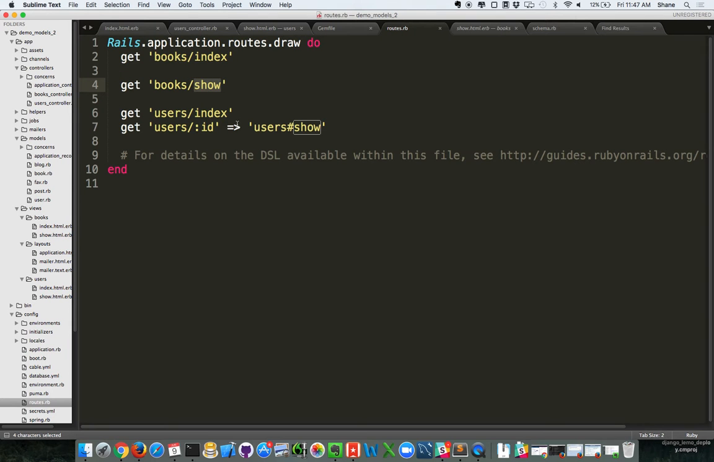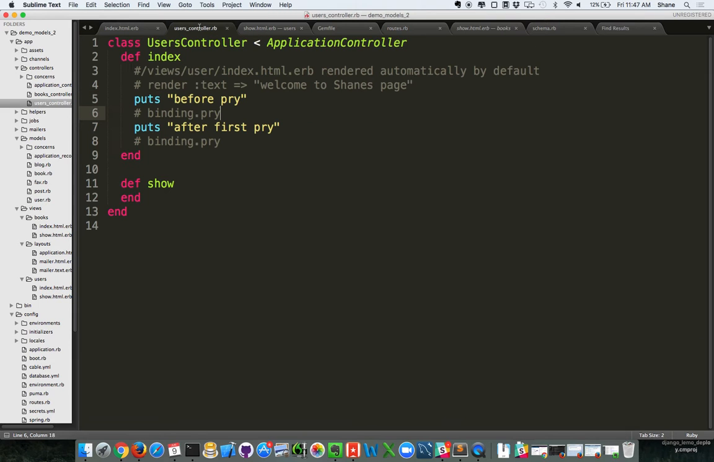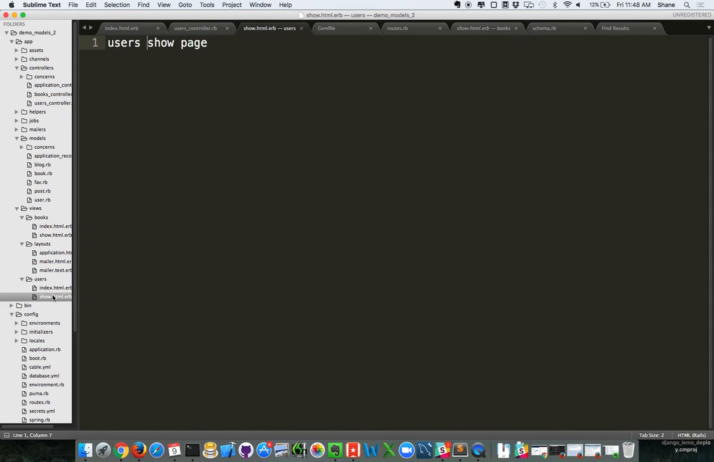So what I want to display here is the first user. The way I would do this is in my controller. So how do I get the first user? And where would I store it? Yeah, an instance variable. Okay, @user equals User.first. All right, and now inside my show page, I would be able to do